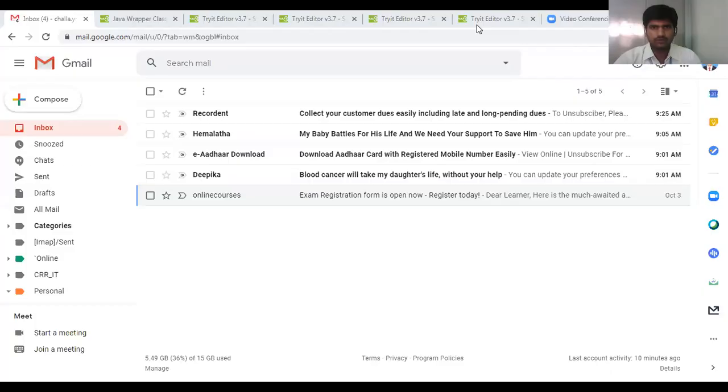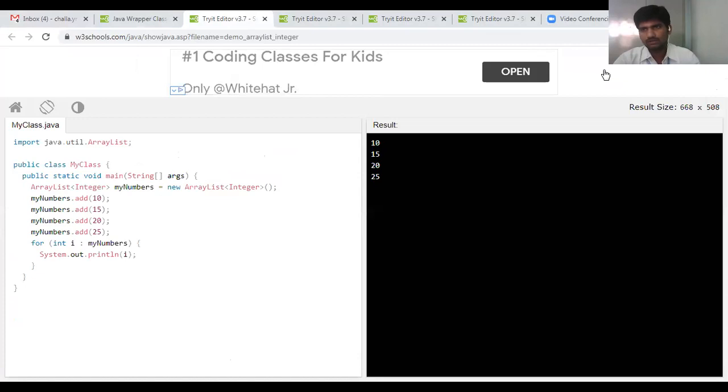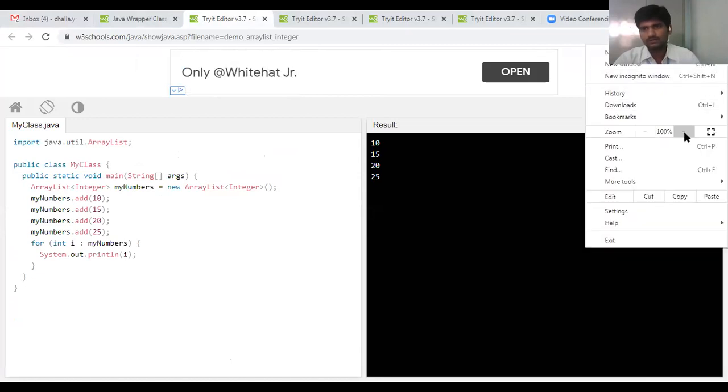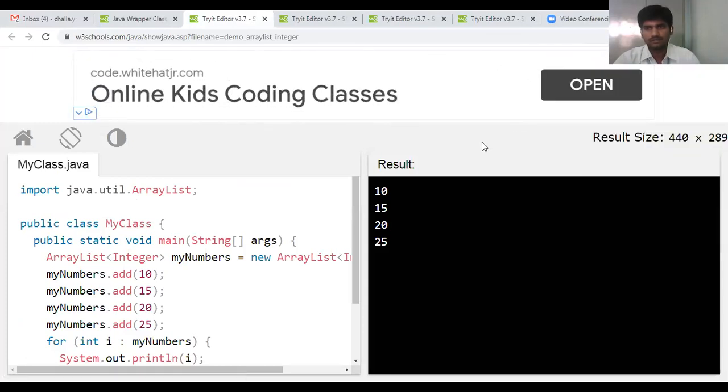Meanwhile, I want to show you how these wrapper classes are used. Is my screen visible to everyone, or shall I zoom it? I think now it is okay.